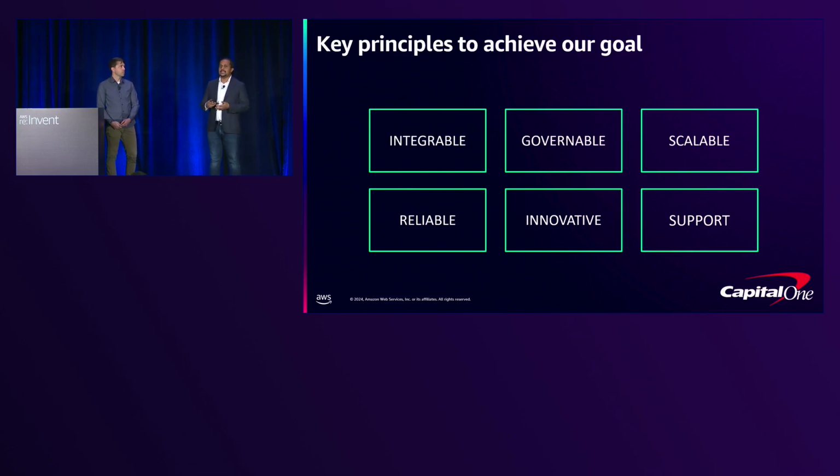The second thing, which will not come as a surprise for you as financial services companies, is security and data governance, which is what we live on every day. Being able to easily secure and also having the capabilities to easily govern the data that's being accessed through QuickSight is another key pillar that we looked at. And when we talk about governance, I also put cost in there. This being a consumption-based tool, you need to govern usage and cost. So being governable was one of the key pillars that we looked at.